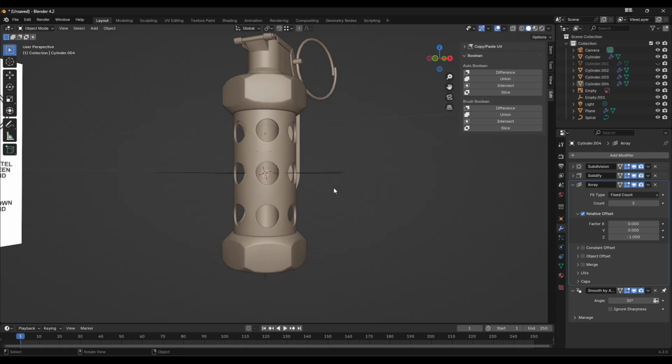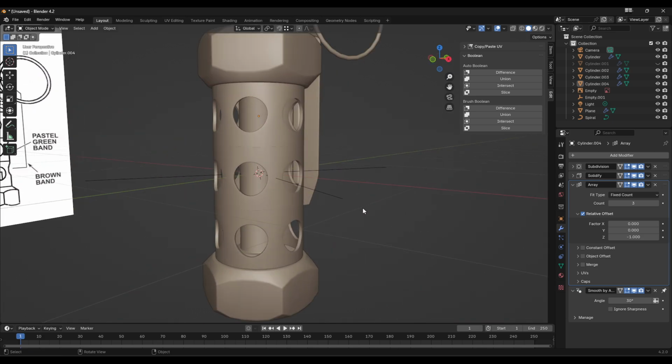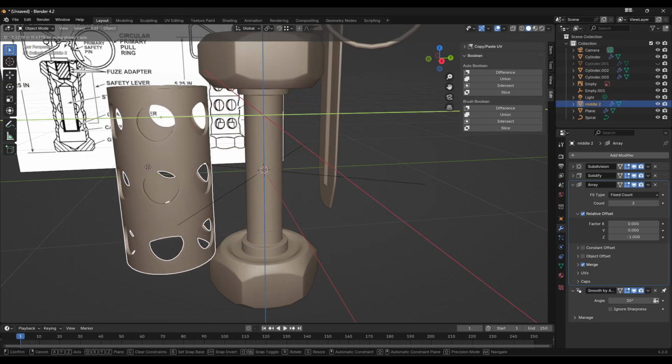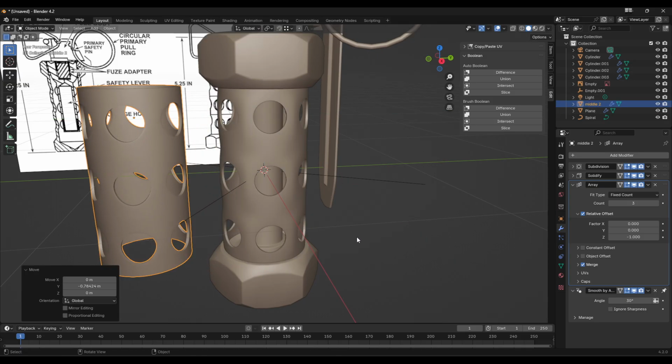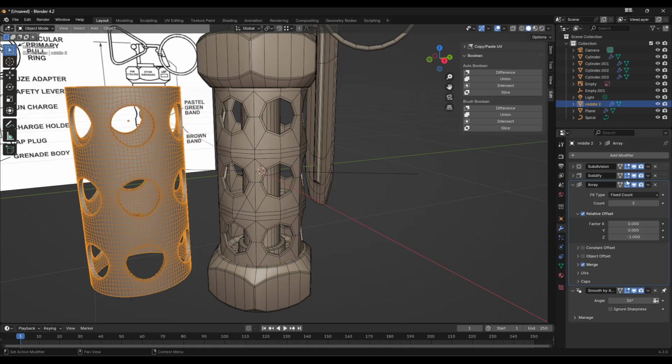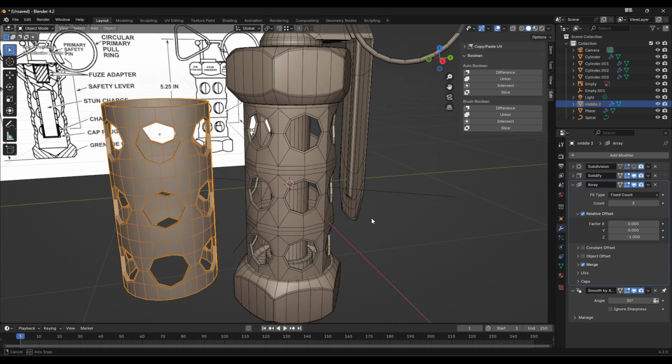Right, so yeah, I would do something like that, and let me just make sure these are all merged again, so they don't have that issue there. But if we just rename this middle 2, if we have a look at the difference between this one and this one, and we check out the topology,